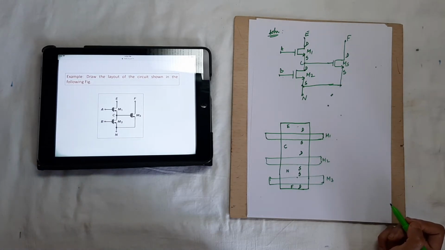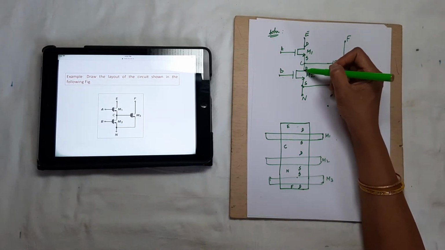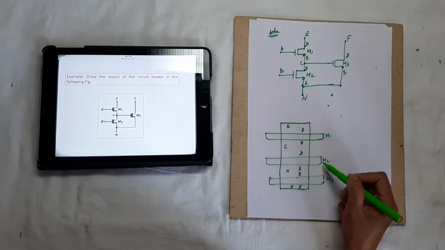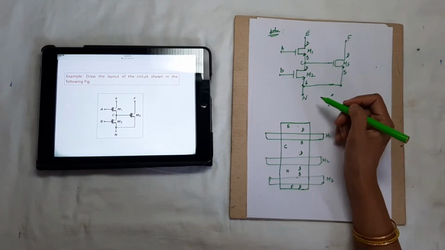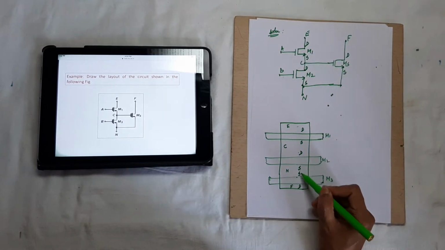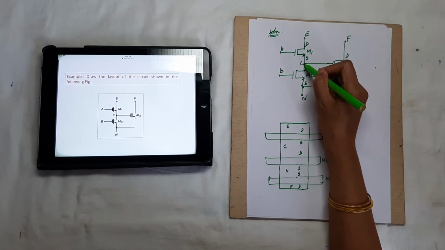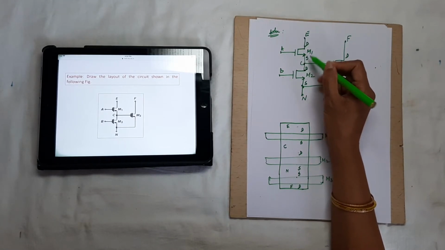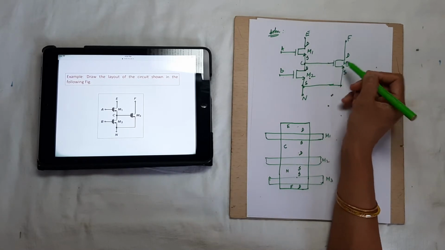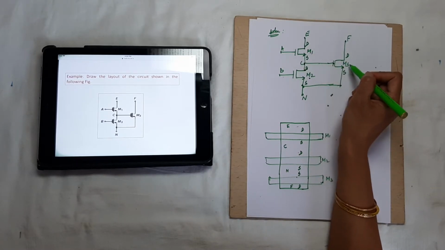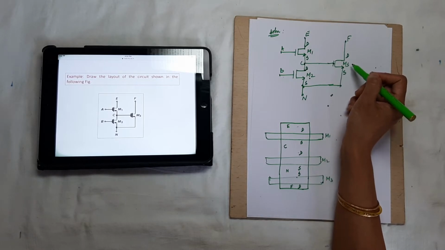Make the interconnections, check for the interconnections. If already they are existing, then you need not make any connection. If any of the connections is not existing, then you have to make that connection. M1 source and M2 drain are already short circuited by the common diffusion. So both the sources are short circuited. We are left with only this connection, where the source-drain junction of M1 and M2 transistors has to be short circuited with the gate terminal of the M3 transistor.